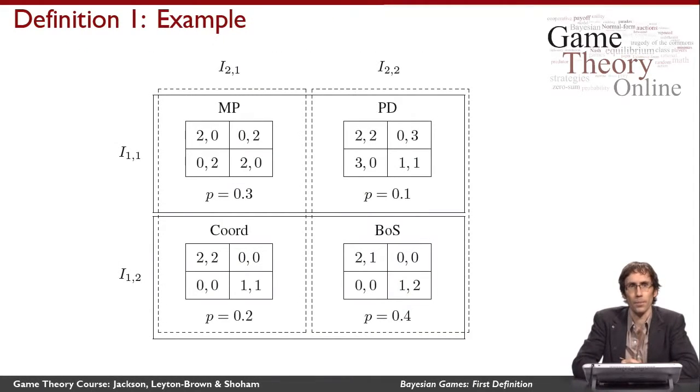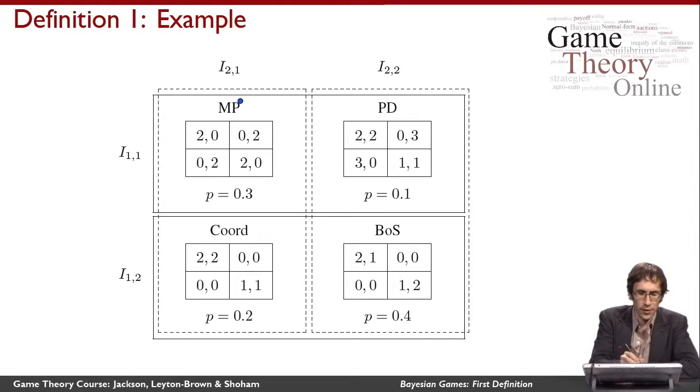Let's look at an example. So this example is a little bit contrived. Ordinarily, we're going to use Bayesian games to model something that makes some sort of sense in the world. And here, really, we're looking at something kind of artificial. But it's a small example that still lets us think about everything important about a Bayesian game.